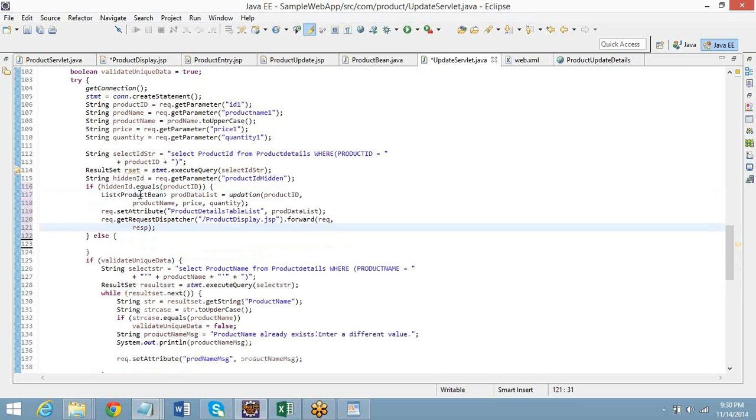One second. If the ID is the same, then we are doing this thing. And one more thing. If the product name is the same, what is the problem? I was told that the product name also shouldn't change. I mean, if there is a change in the product name, it should throw an error. For example, laptop is there. Again I enter another entry with the same name laptop, so it would be two duplicate values. So this was what I've been told.